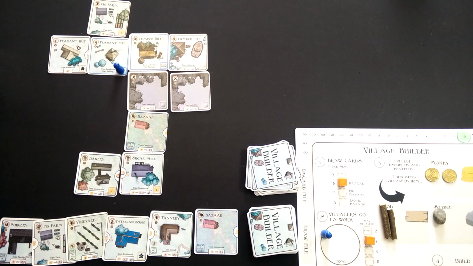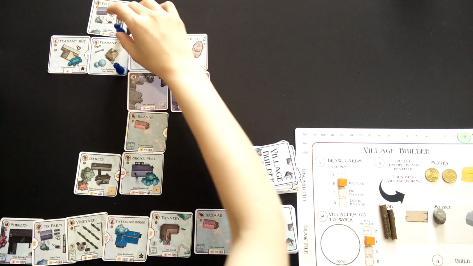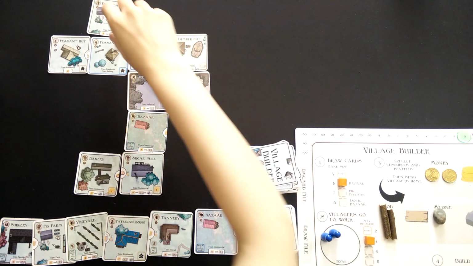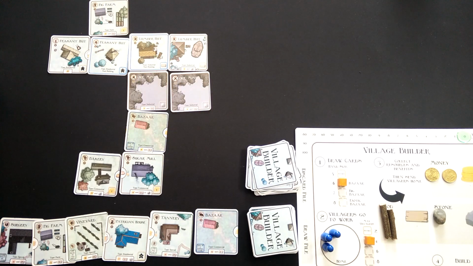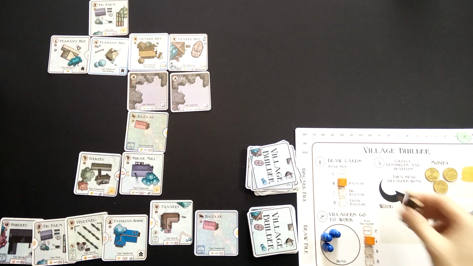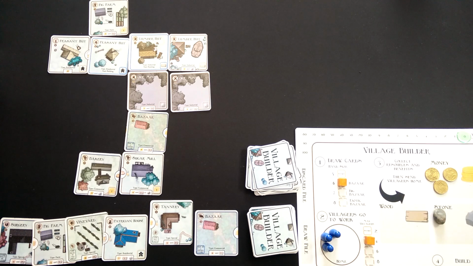And ooh, the tannery gives bonus points for adjacent farms, so I think I want to be able to buy that. So we get 1 person and 1 gold. To buy the tannery, it'll cost us 4 and 2 wood. So I have 2 wood. And I have...